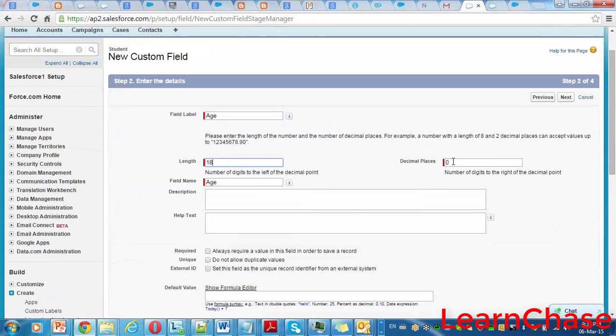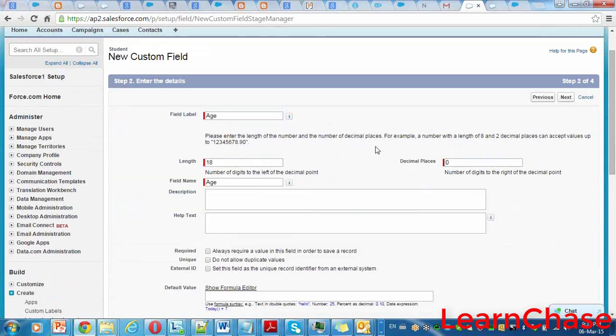You can use this as a currency also. If you give 2 decimal places, it will come as 1.00. If you give 0 decimals and enter 100, then 100 will come. Understood?